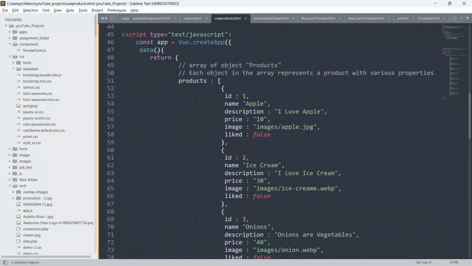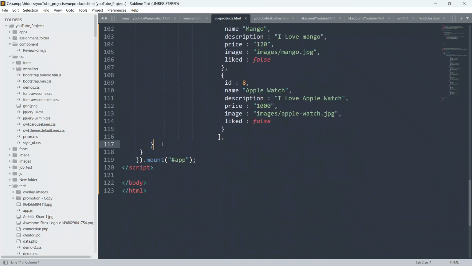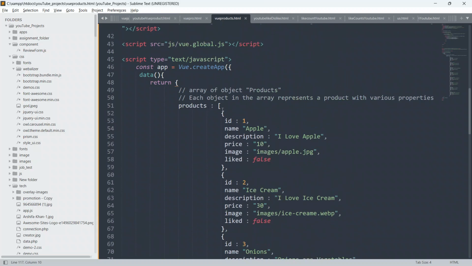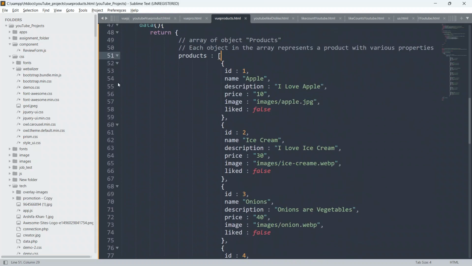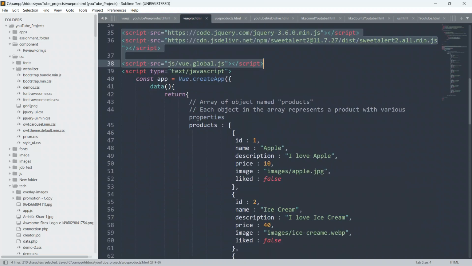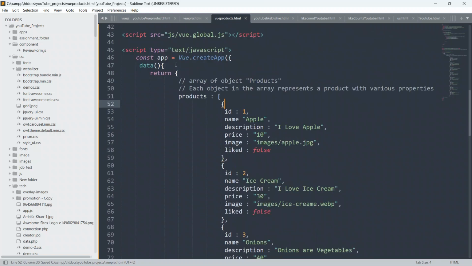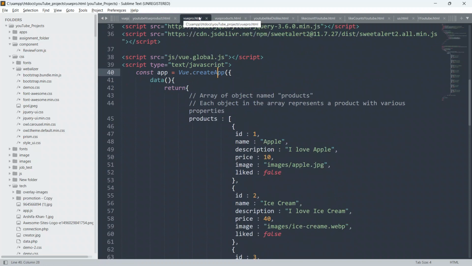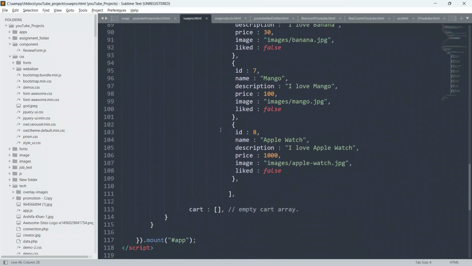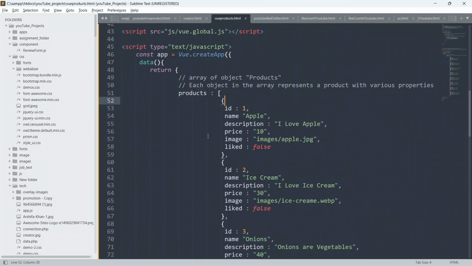So guys, data, we'll say data return products array. Okay, 5.4. Yeah, data, and it will return... I don't think, guys, there is any problem in code.